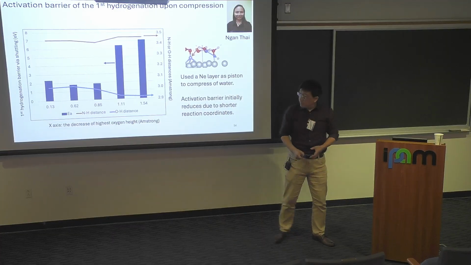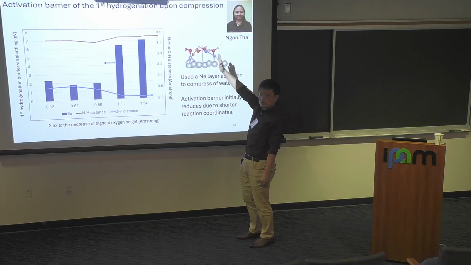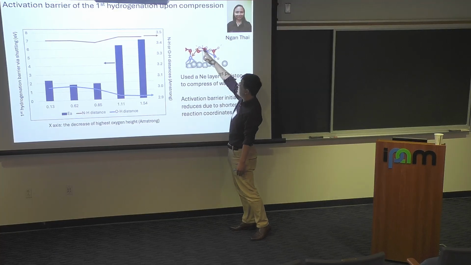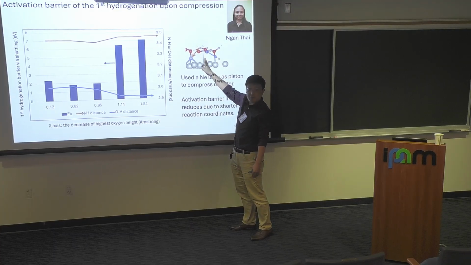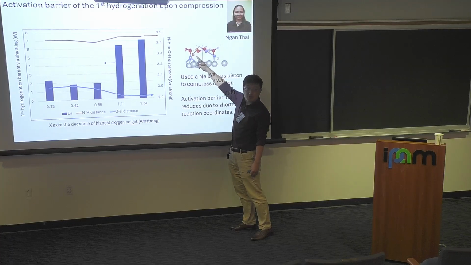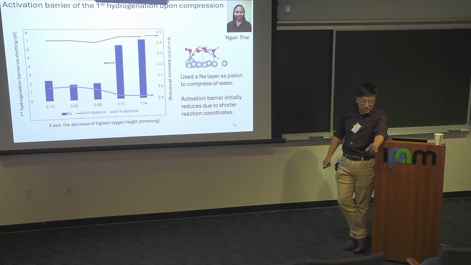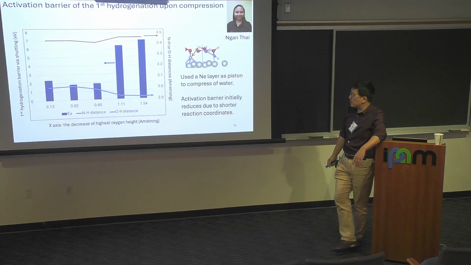What's interesting is when you further compress, the barrier just goes so high. Right now, our understanding is that when you compress it, this water becomes so bound to the surface that it becomes so difficult to pick up the hydrogen and then transfer it, because the water is too much stabilized. We are still analyzing the data, but compared to the previous slides showing the compression, we have this kind of argument: just by changing the water configuration by a small amount, 0.1 angstrom, your kinetic barrier probably already changed dramatically.